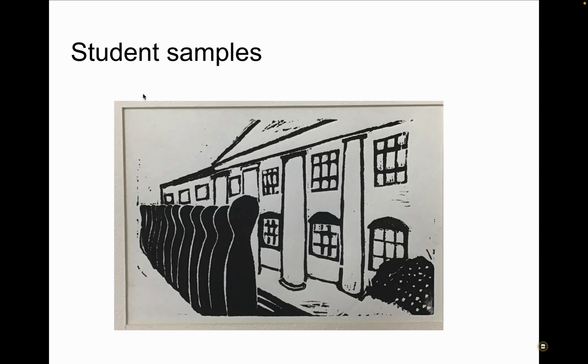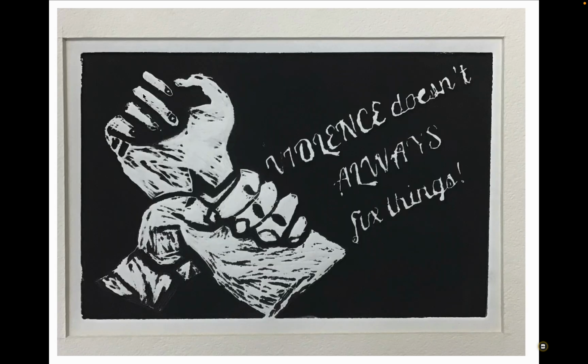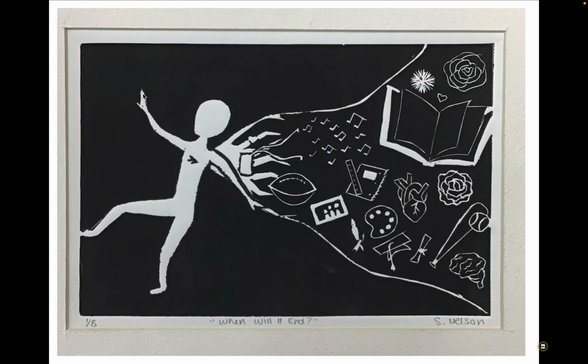So here are some student examples to maybe help guide you. These were done by Art 1 students of the past. You can kind of see how they worked with symbols and imagery. Some students included text, how they're using space, how they're using line making. We'll be going into a lot more detail about the carving and how to do different textures. But just so you can get a general idea of what students have done.